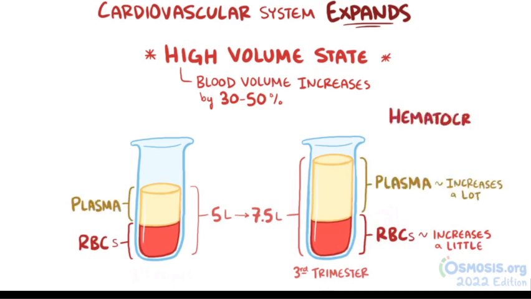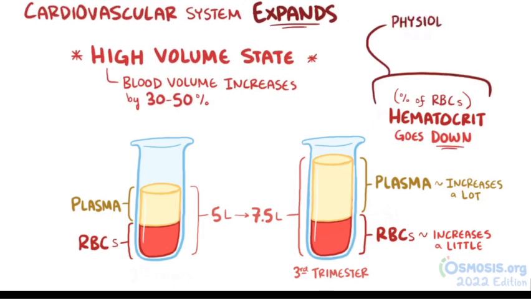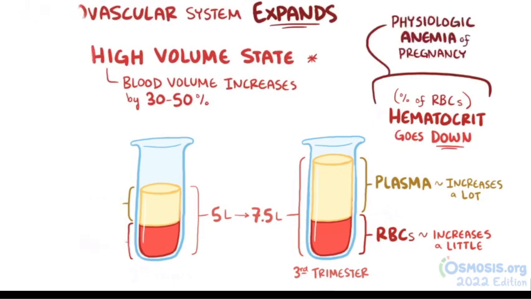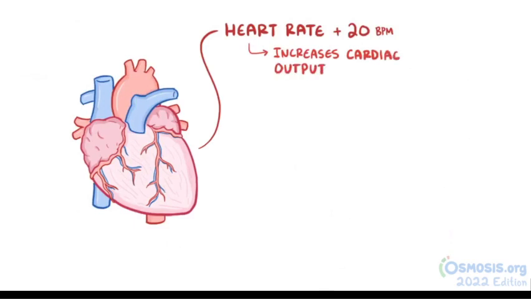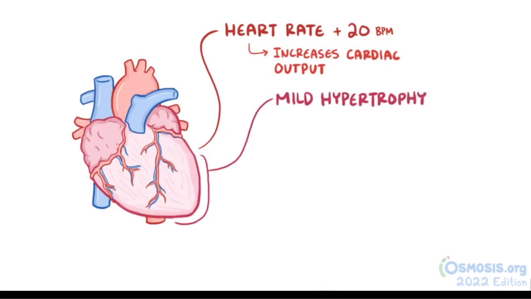So the hematocrit, or percentage of blood made of red blood cells, actually goes down. This is called physiological anemia of pregnancy. To push this extra blood around, the heart rate goes up by about 20 beats per minute, so this increases the cardiac output. In response to the increased workload, there is mild hypertrophy of the heart, which does go away